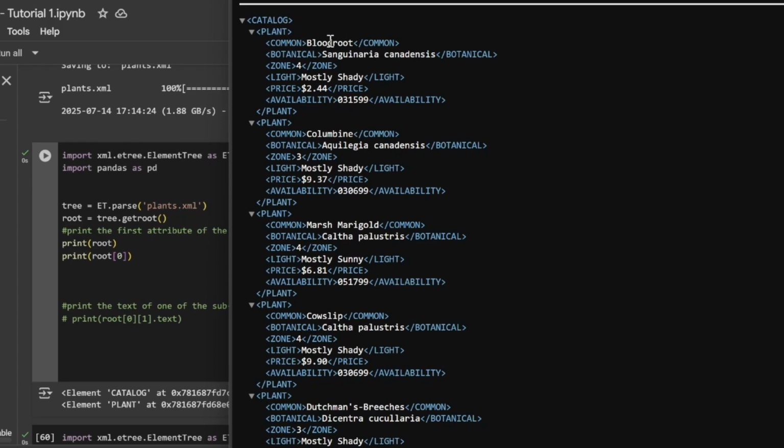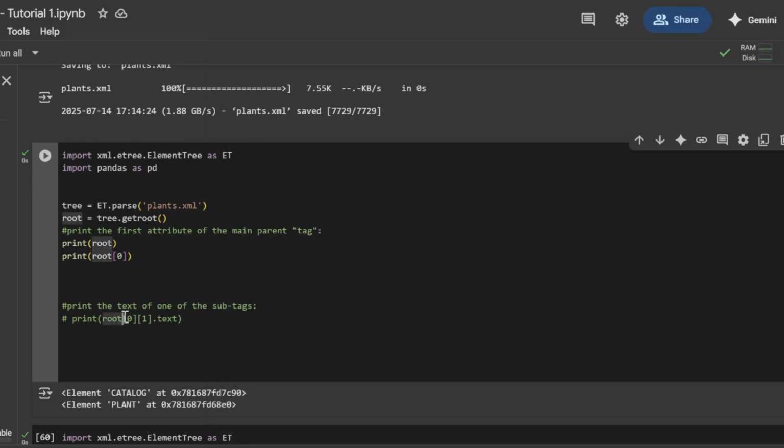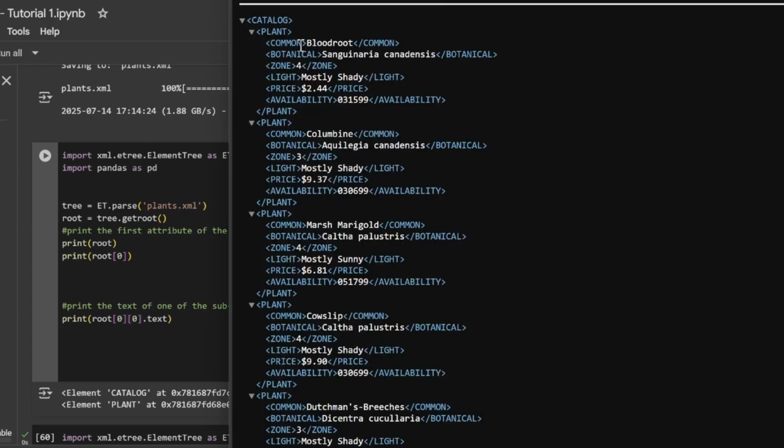For example, let's say we wanted to look at the common subtag. We can do that through looking at the 0th index of the plant subtag and look at the text of that specific subtag. So I'll change this from 1 to 0 so that we can look at the common subtag text, and we should expect to get bloodroot. So when I run this and print it,